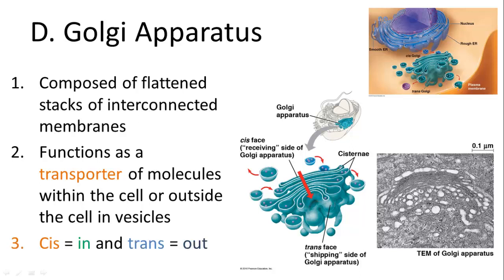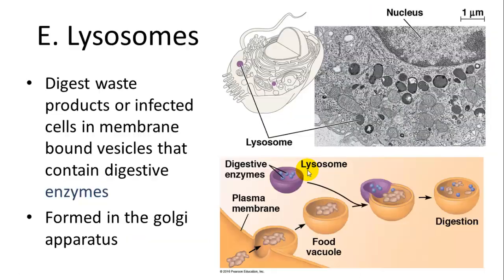Okay. It has two ends. The cis end is where things come into the Golgi apparatus. The trans is where things are sent out of the Golgi apparatus. It's sometimes called Golgi bodies. All right, one of the things that can be formed through the endomembrane system is a lysosome. A lysosome is a vesicle that has a bunch of enzymes in it, which can be used to break down